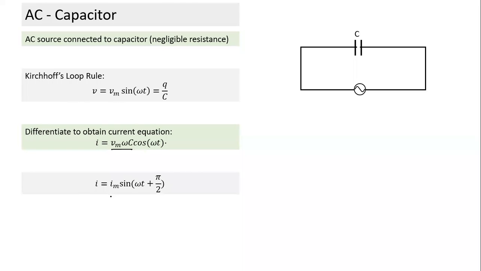What is Im equal to? There is nothing new we are doing. Im was also written as Vm divided by something. It was coming in a nice form, with omega C in the numerator. Why have we taken Vm divided by something? It is equivalent to resistance. This we have also done before, so that the term in the denominator has the same dimensions as resistance. So we wrote it like this.